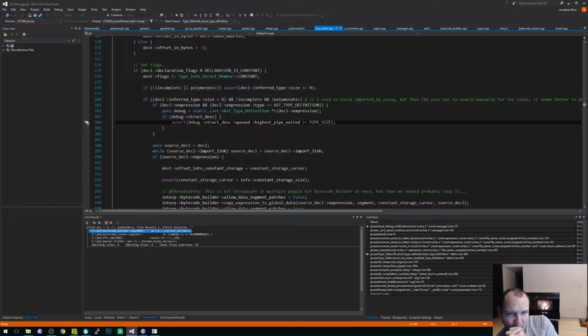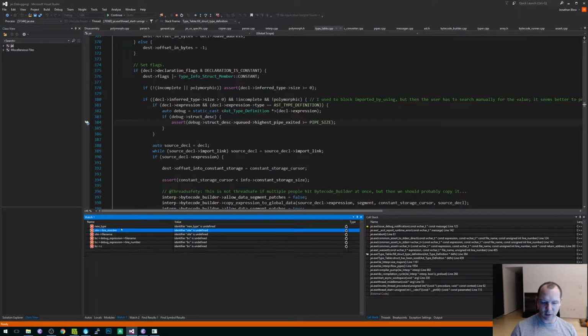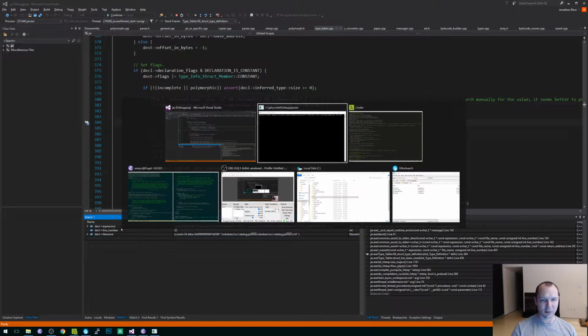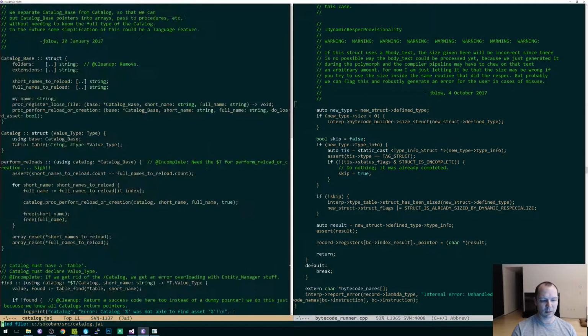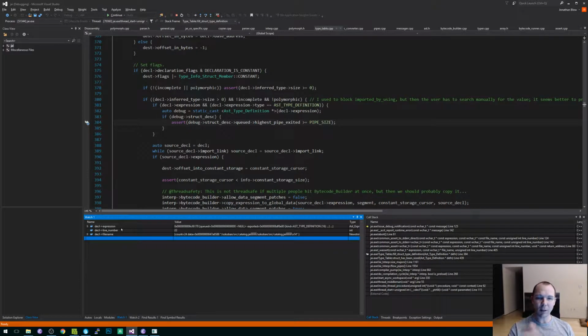Debug. What is debug? It's the type of this constant declarations expression. Okay, what declaration are we even talking about? Come on, watch. Stupid bugs in the watch window. Decal expression. No, decal line number. Decal file name. Catalog. All right. Line 22. It's a parameterized struct. Okay. That is not the biggest surprise in the world.